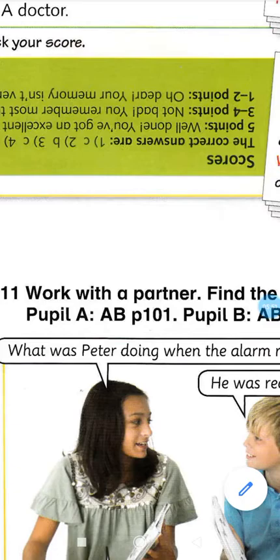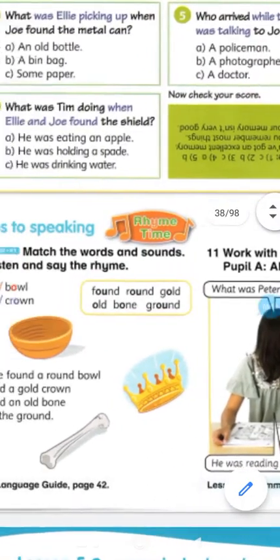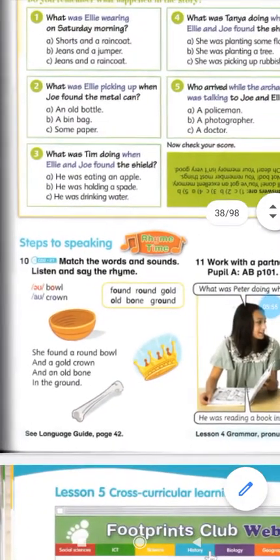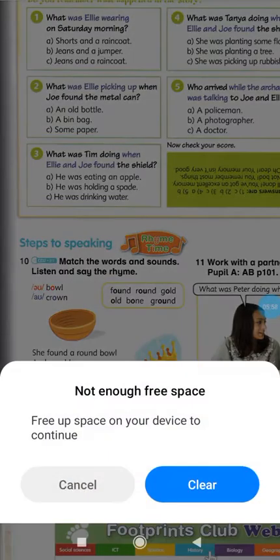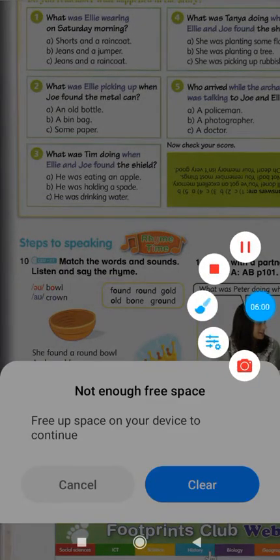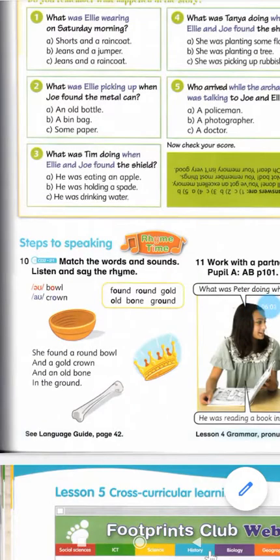Now let's go down to the phonics. Here we have two new sounds. The first sound is O, and the second sound is ow. Repeat please.